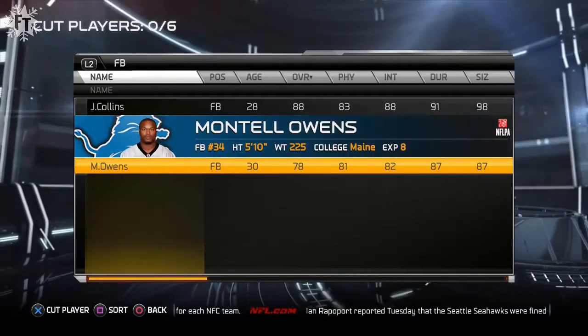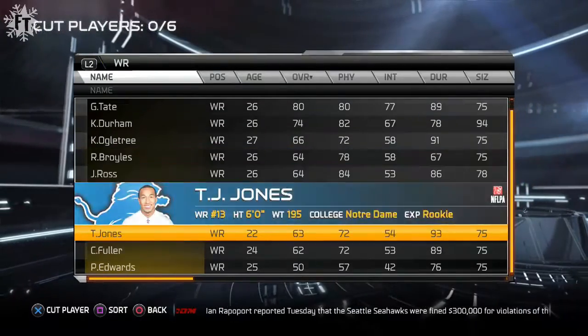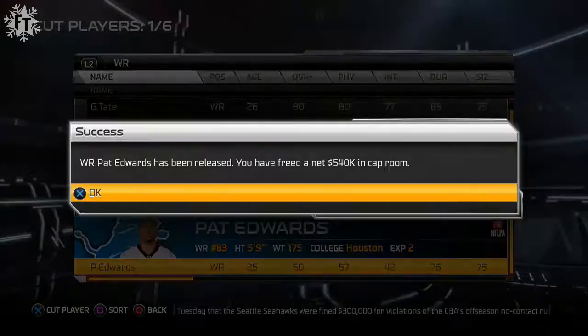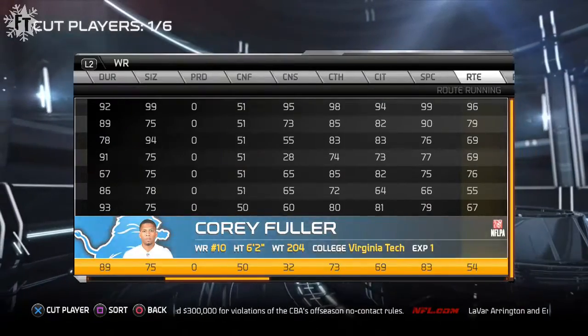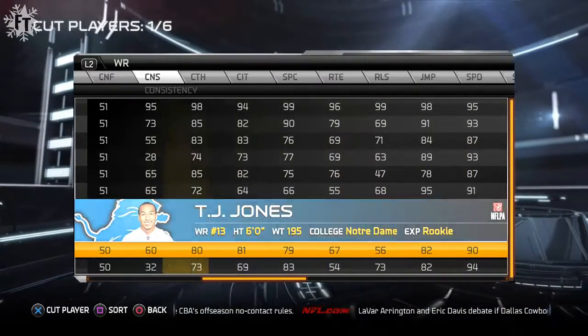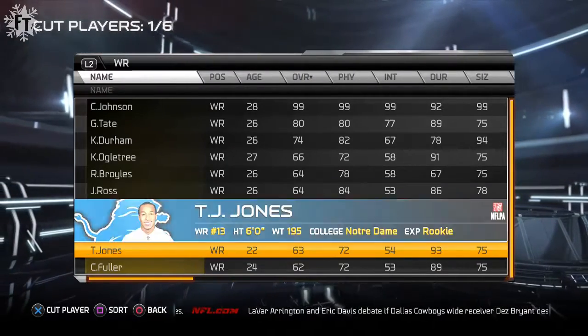So here we are, guys. We have 6 people to cut. I'm looking through these people and seeing if I can afford to get rid of anyone. I almost cut Jones, or whoever's the returner from last year, but I cut Edwards first. I'm looking at Fuller. I know TJ Jones, or was it Ross? It might have been Ross that's the returner on their team, but we don't need these main receivers because we have Calvin Johnson and we have Golden Tate,